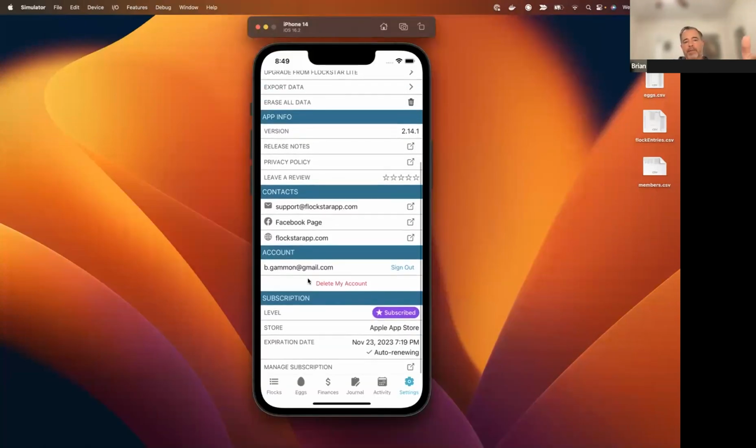The bottom of this just gives you some ways to contact me. Log out if you want to, or delete your account if you decide it's not for you. And then it shows you your current subscription. They auto renew in the App Store. So if you do the annual, it charges you $20 after the first week, and then you won't see another charge from Apple until the year is up. Anytime during that year, if you cancel, that'll stop it from renewing, but you can keep using it until